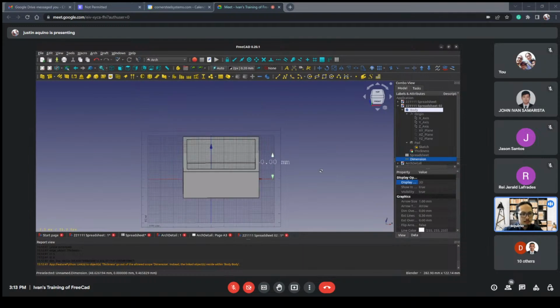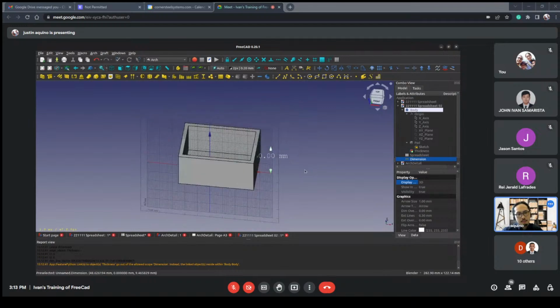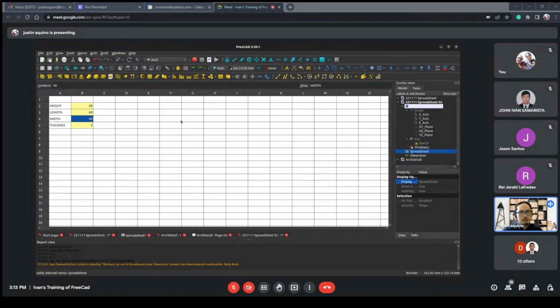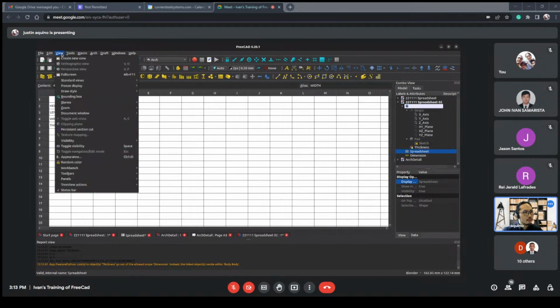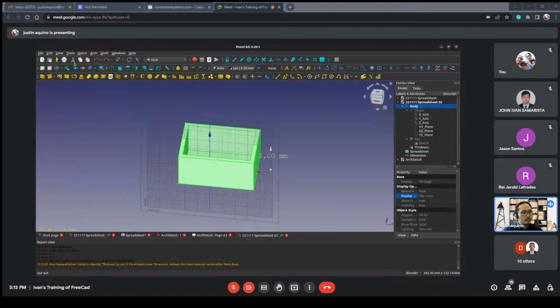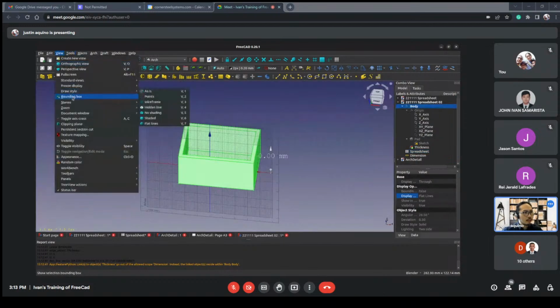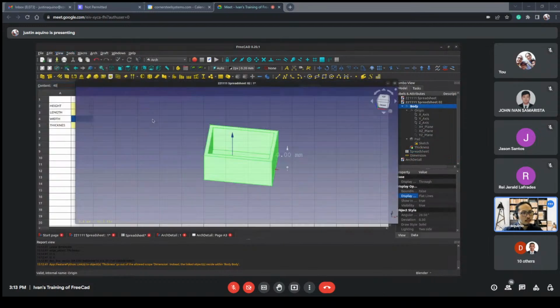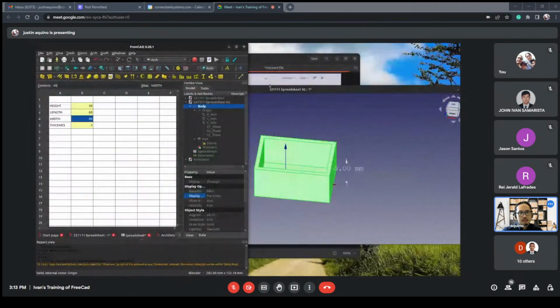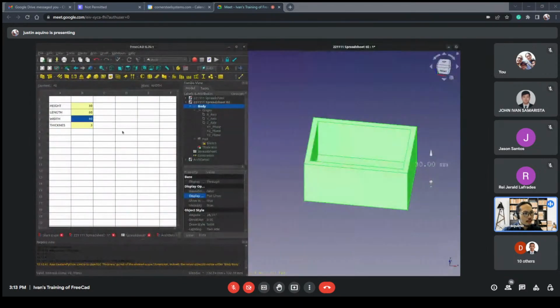Okay, so now that I displayed the 3D, it will move with the 3D. So I'll go back to the spreadsheet, back to the body, undock,